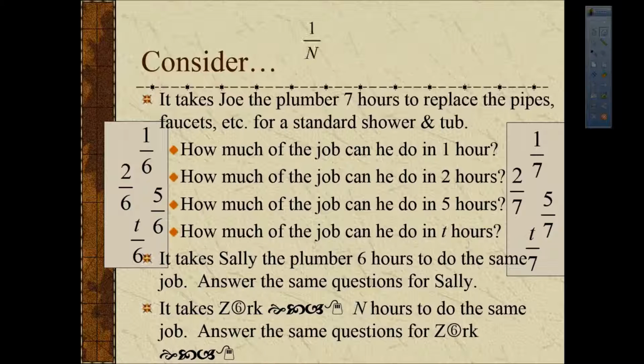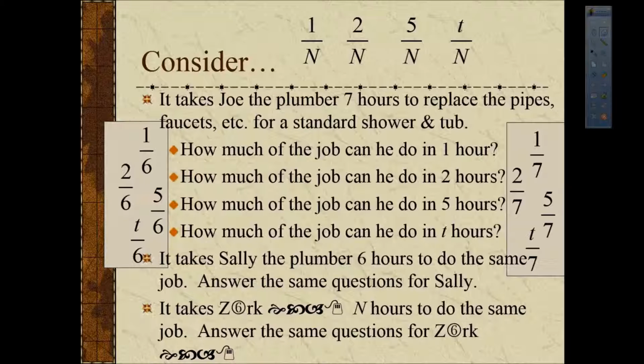Let's try it. The first answer, 1/n. In 1 hour, he can do 1/n of the job. In 2 hours, he can do 2/n of the job. So whether that n was 10 hours or 5 hours or 16 hours or 1 hour, this is how I'd find the amount of work he can do in 1 hour and 2 hours. In 5 hours, he can do 5/n of the job, that fraction of the job. And in T hours, following the same pattern, Zork can do